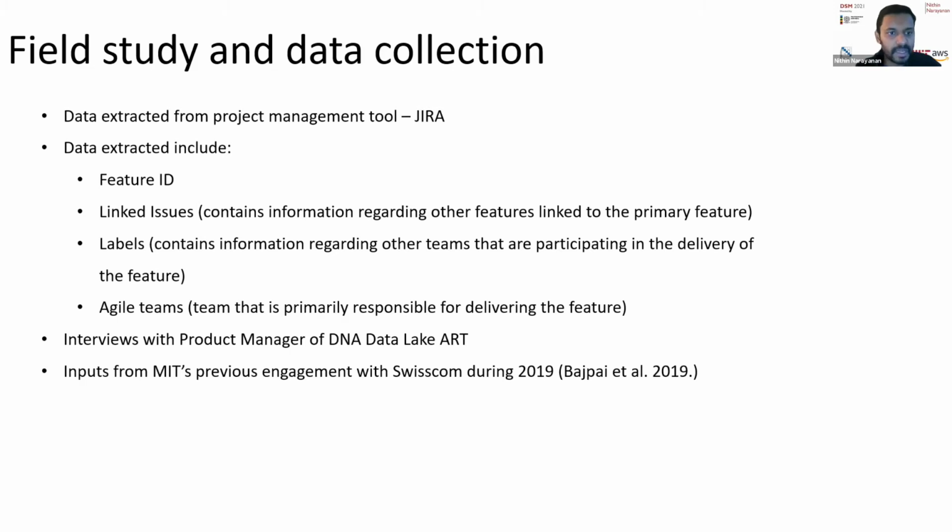in Jira. So for our research, we leveraged a few of the key fields in order to identify these dependencies, such as the feature ID. I just wanted to remind you that though we are looking at capabilities, features are the next level of breakdown of capabilities, and we used feature, which usually gets assigned to a team to work on, as our key construct in constructing this DSM. We looked at linked issues, labels, and a few other key fields from Jira in order to identify what the dependencies are and which teams are working on them, so that we can build the DSM to represent that.